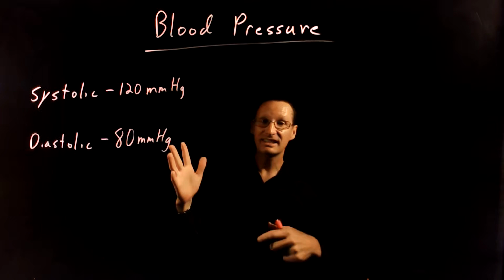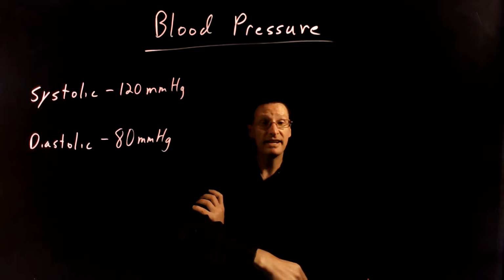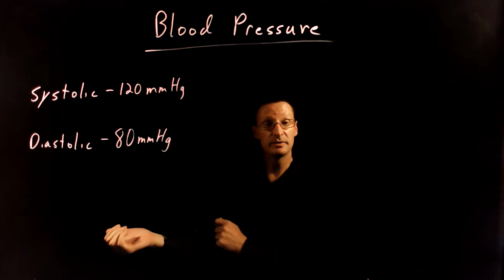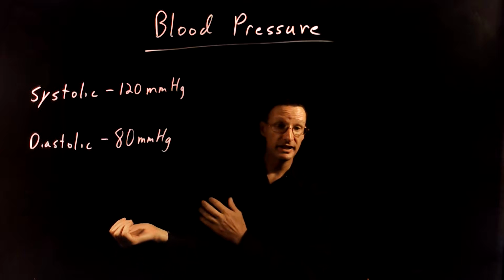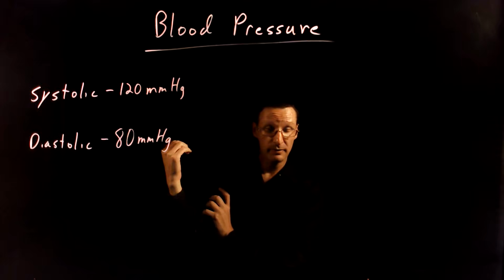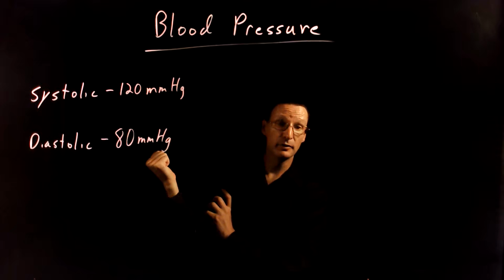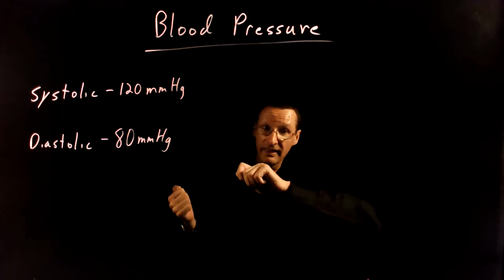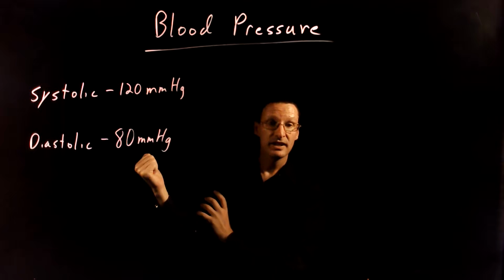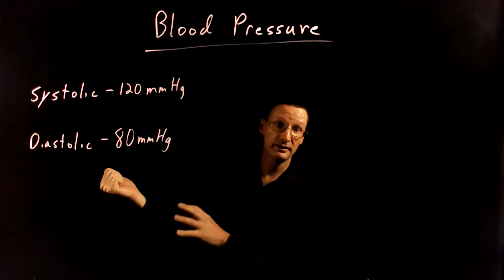Okay, so now I know these are gauge pressures. What do they mean? Well, let's think about how they measure them. What they do is they put a cuff on your arm and they pump it up and increase the pressure in the cuff. And then they listen to fluid flow in an artery in your arm. Now, when they pump it up, the pressure in the cuff is opposing the fluid motion, and so that cuts off the fluid flow in that artery. What they then do is they gradually lower that pressure, and as they lower that pressure, they listen for the first signs of your heartbeat or fluid flowing through that